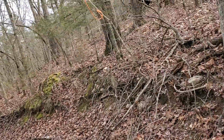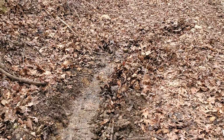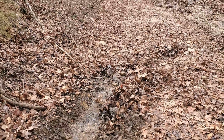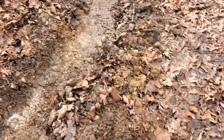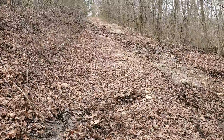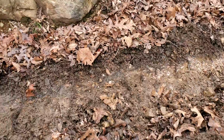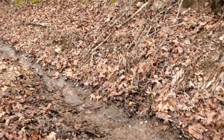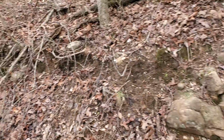So, yes, I passed my property line, came onto their property, just dug a little 2-inch trench. That's all I needed. Now the trench is deeper than the tire track on the road, and any dirt that I took out of the trench I threw on the roadside. So the water coming off the hump up there would go into the ravine, and as it naturally wears itself away, once it gets onto my property, it goes deep and it goes down the culvert, which is what we want. And the reason why I say that,